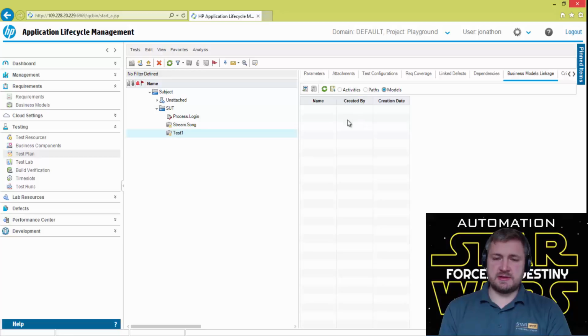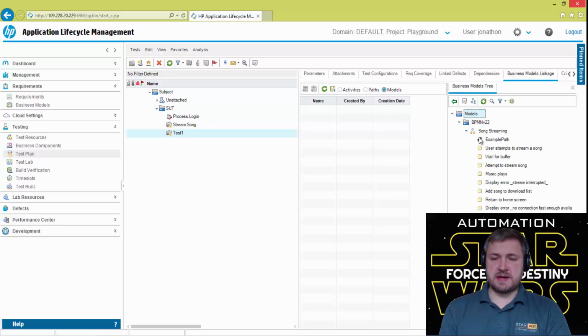Of course, I could link that to an individual activity or a path, but in this case, I'd like this test to represent a number of steps that have been executed through the tool. So I'm now pulling that in.